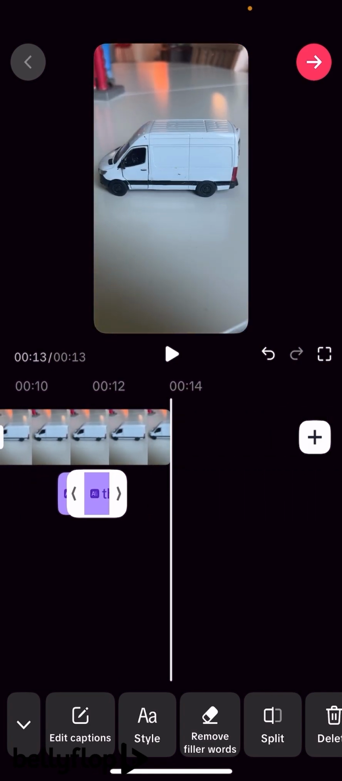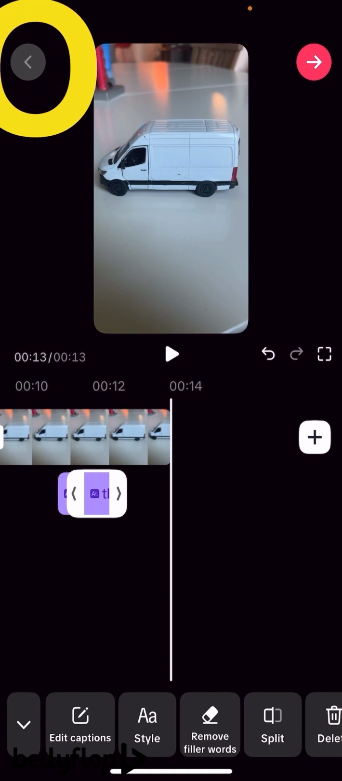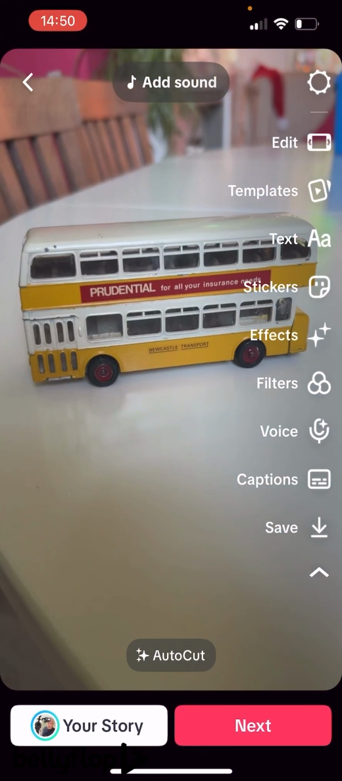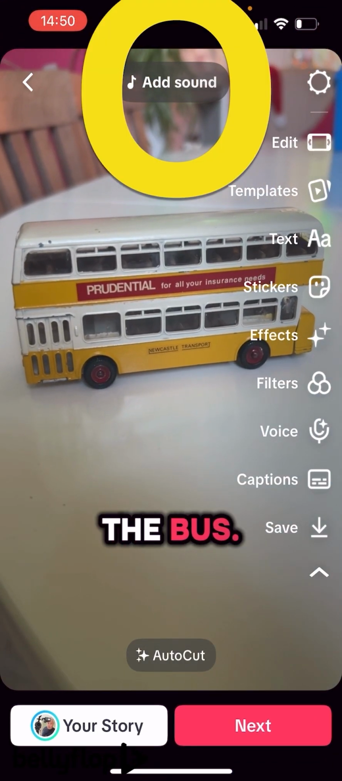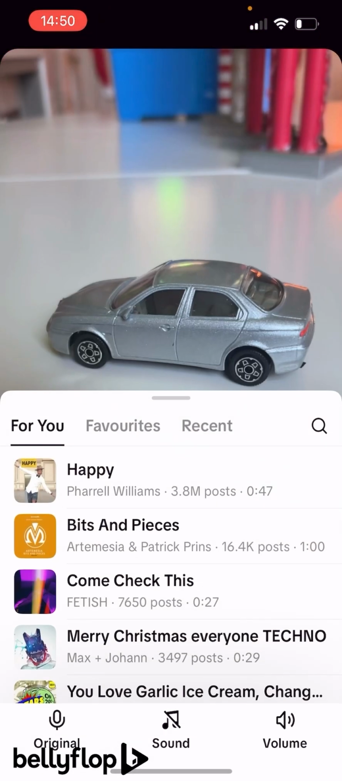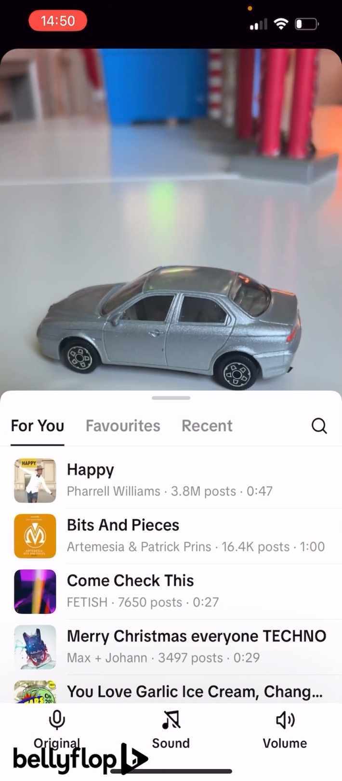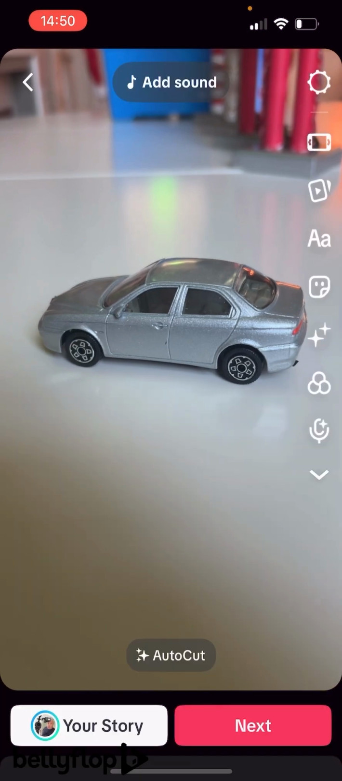Say I wanted to add some music to that. We will click the back button, and at the top, add sound. Say we wanted to add